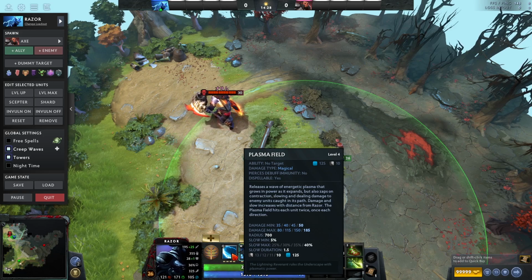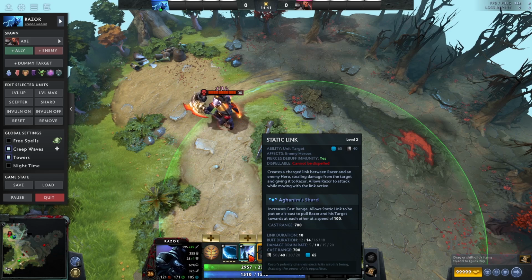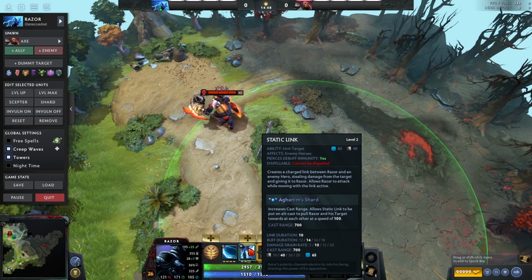So you want to be maxing it out first just so you can take advantage of it, because if you don't have this maxed out, you're going all in on contesting people and right-clicking people and draining them with Static Link, and then if you don't get aggressive, if you can't snowball the lane, you can't find them in the jungle and kill them and just constantly team fight, then you're falling behind in farm